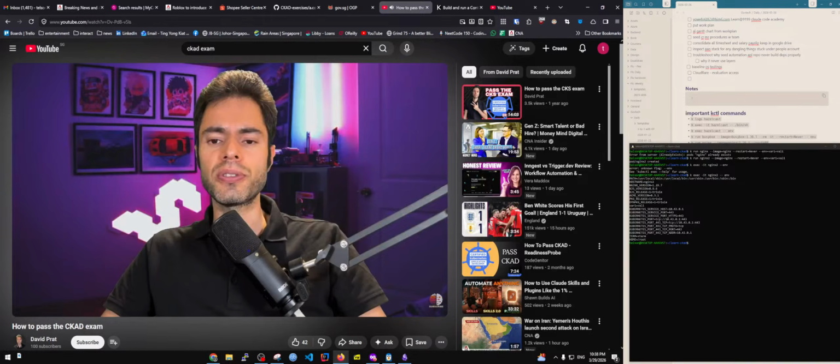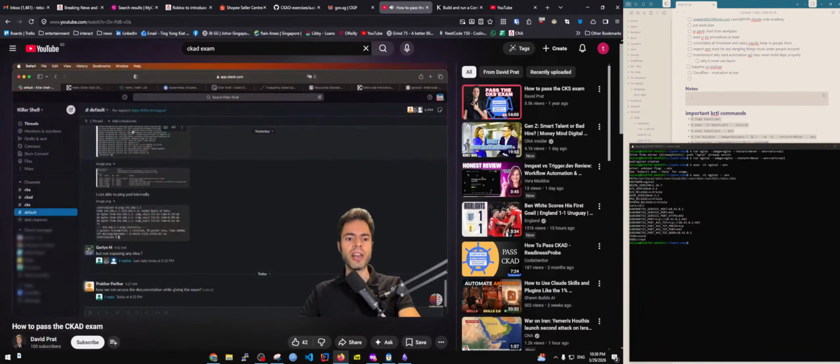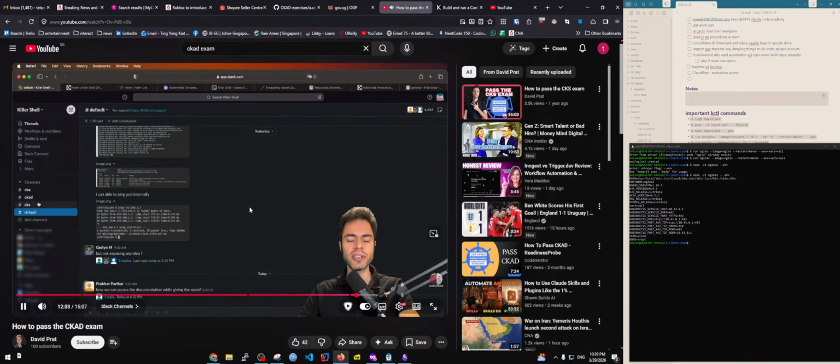The other resource that I encourage you to use are the Slack forums of Killer Coda and Killer Shell. Let's have a look at them. This is how the Killer Shell Slack channel looks. You can see how there are different sections or channels for each of the certifications. In this case, we have like a